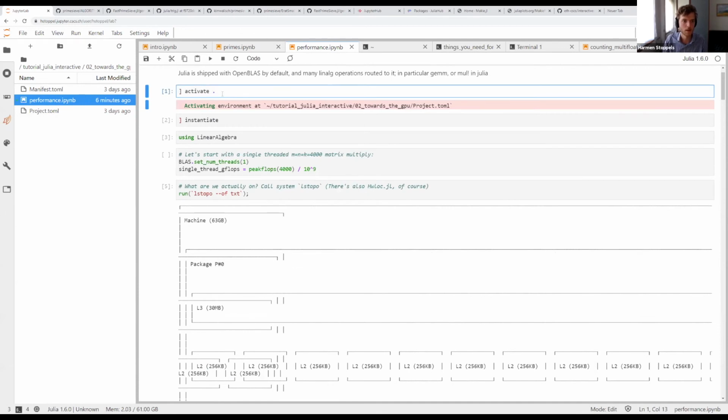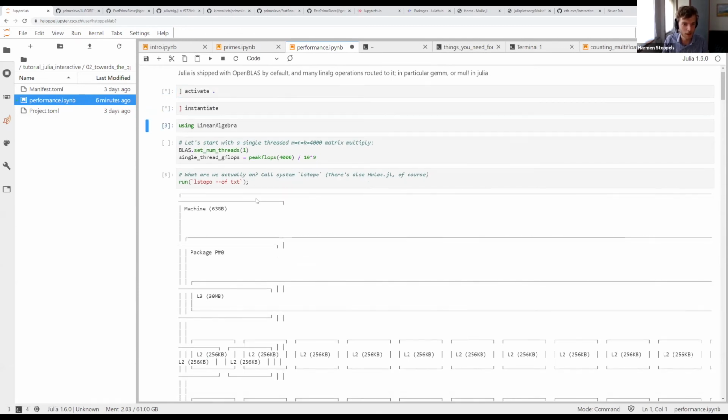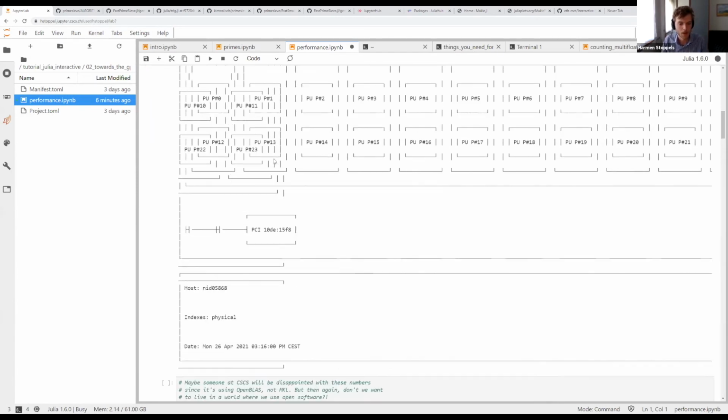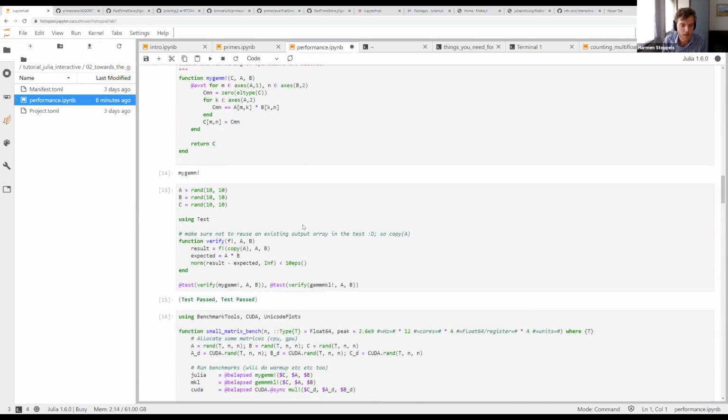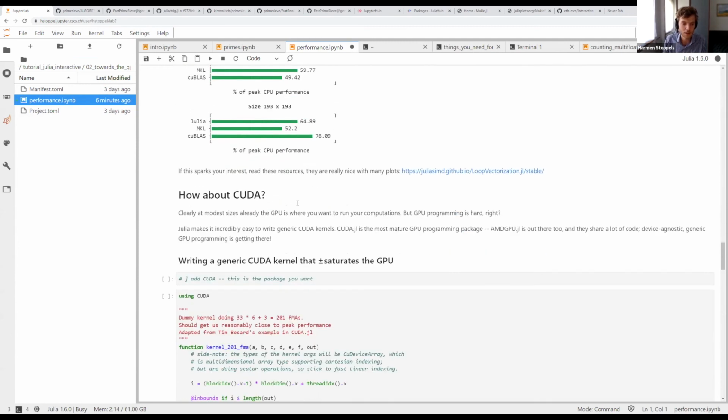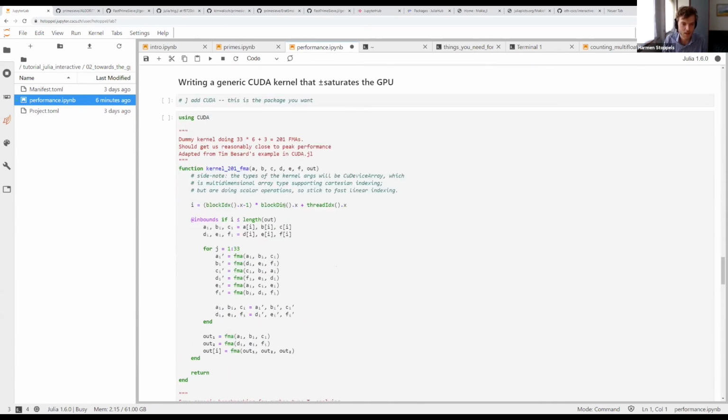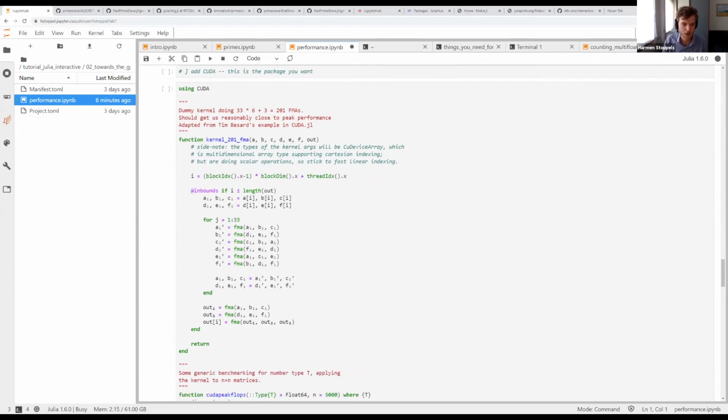So I'm going to evaluate these 2 guys, maybe this guy too. But let me already go to the stuff that's interesting. If you want to write a kernel in Julia that runs on the GPU, you can use almost the same syntax. You just write an ordinary function, and I wrote a horrible kernel here